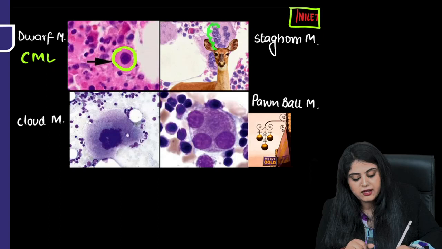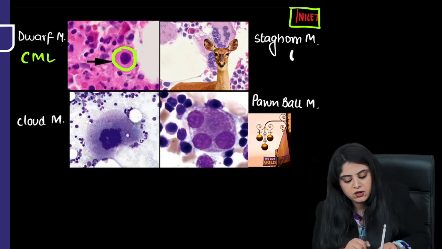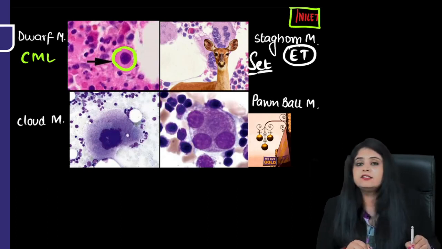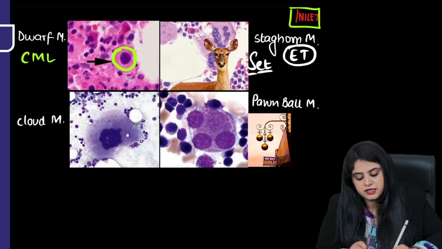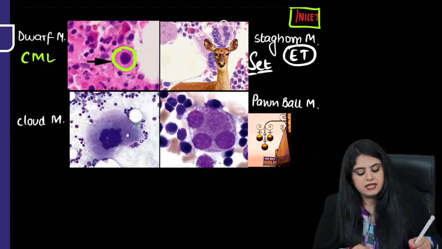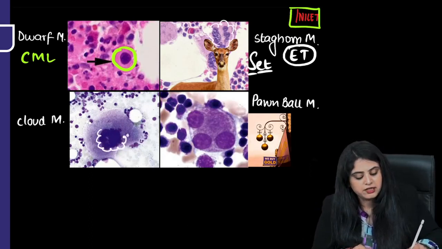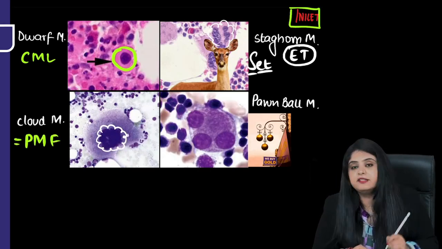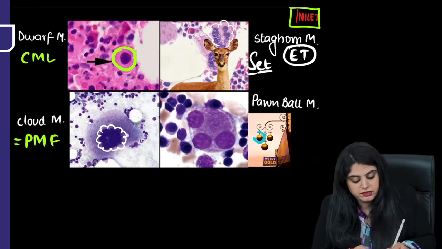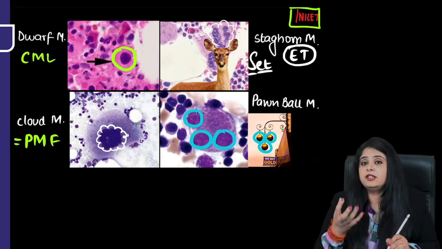Where do you see staghorn megakaryocytes? Staghorn megakaryocytes are seen in ET. That is how we learn it. Staghorn is seen in essential thrombocythemia, staghorn like the horns of a deer that you can see over here. Then if I see a cloud-like megakaryocyte, it has become like a cloud, that is going to be seen in a case of primary myelofibrosis. And finally, if you see these three metallic balls,